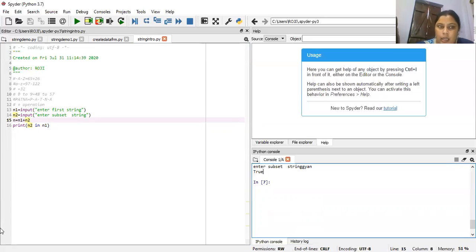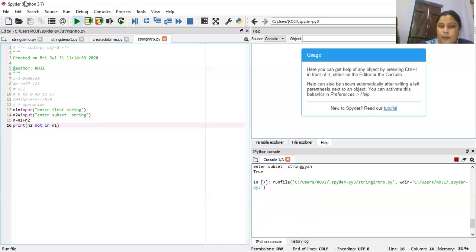Suppose here we are using the not in operator. Enter the first string: Gyan Niketan school.